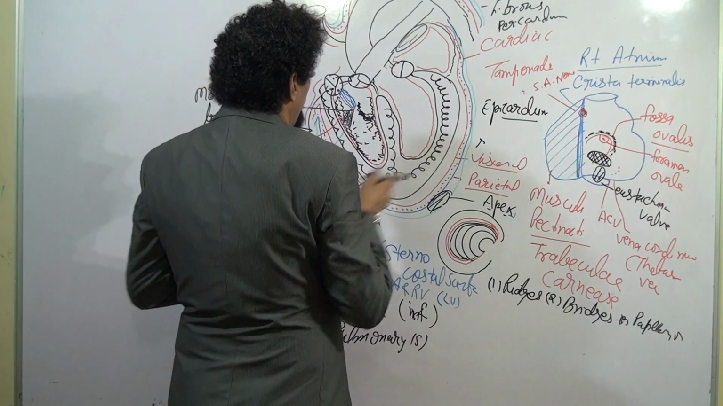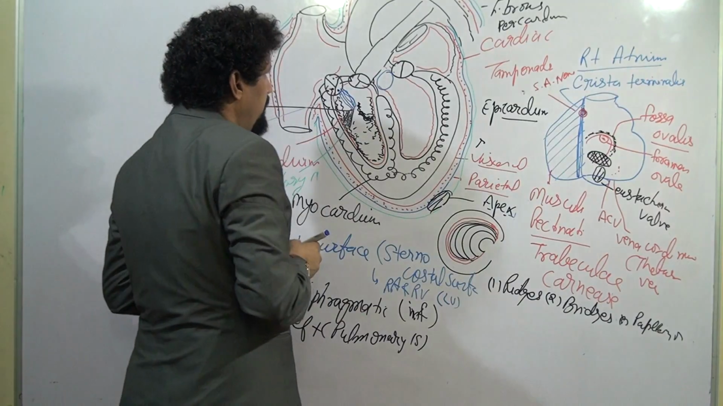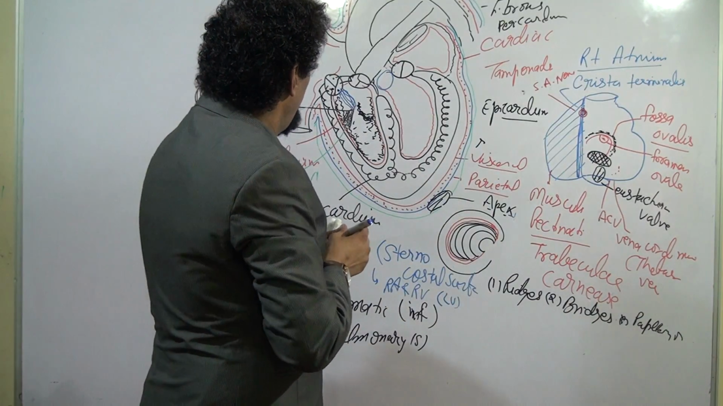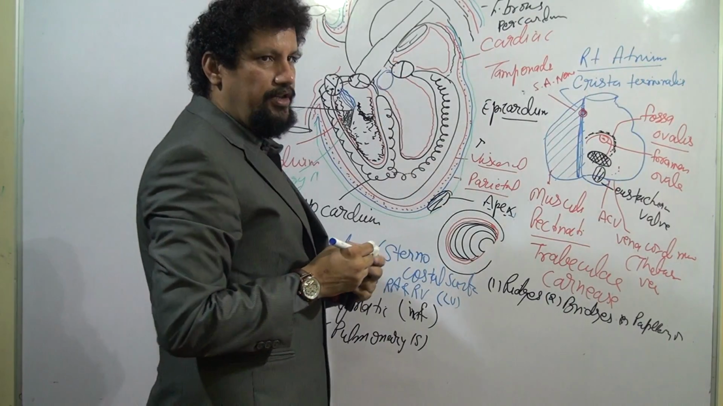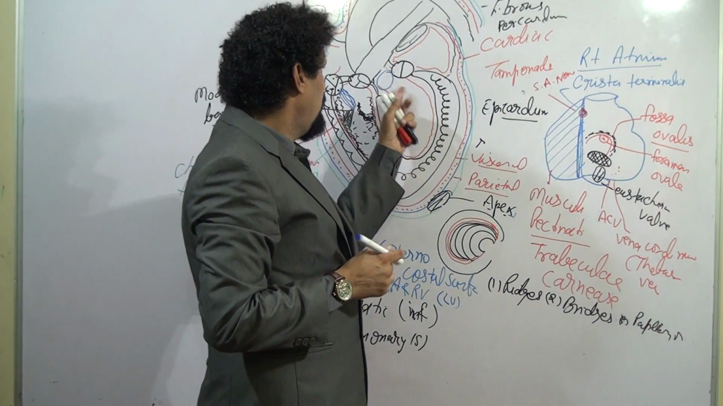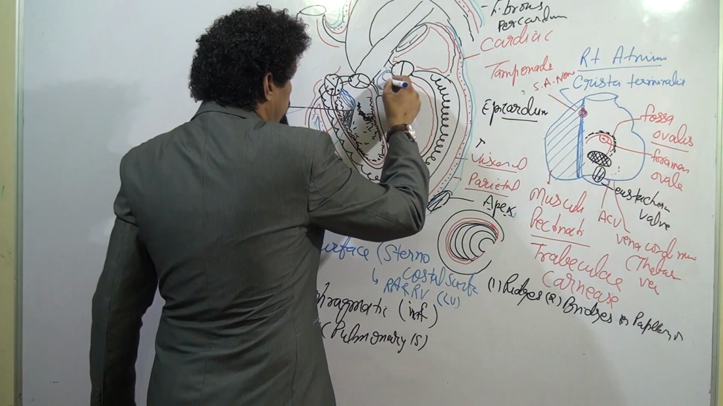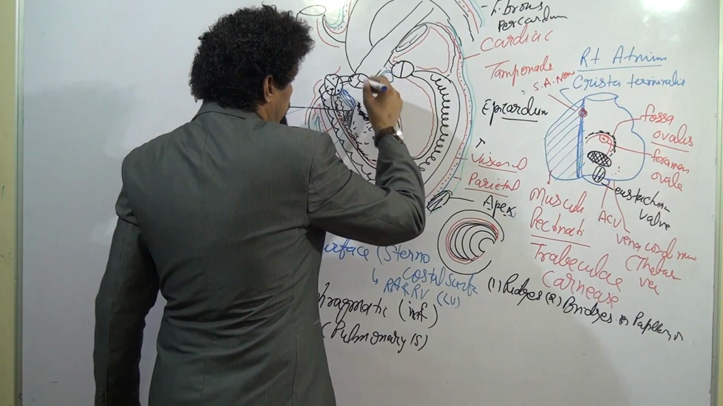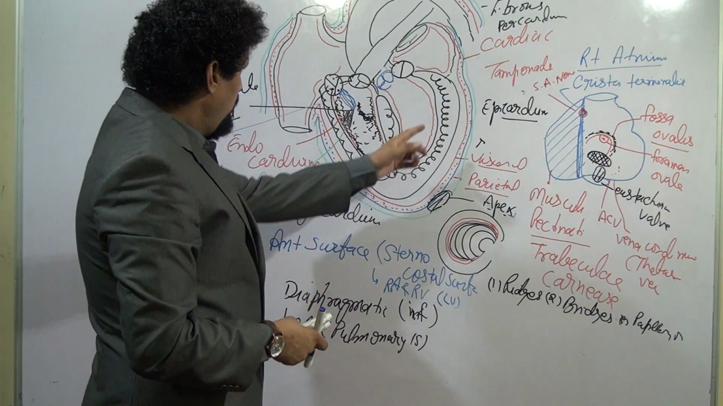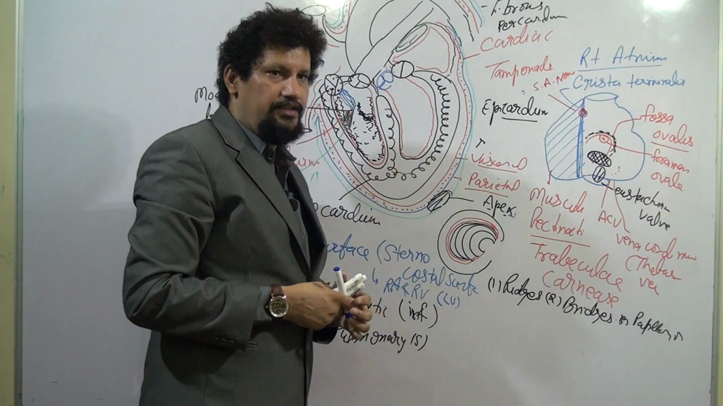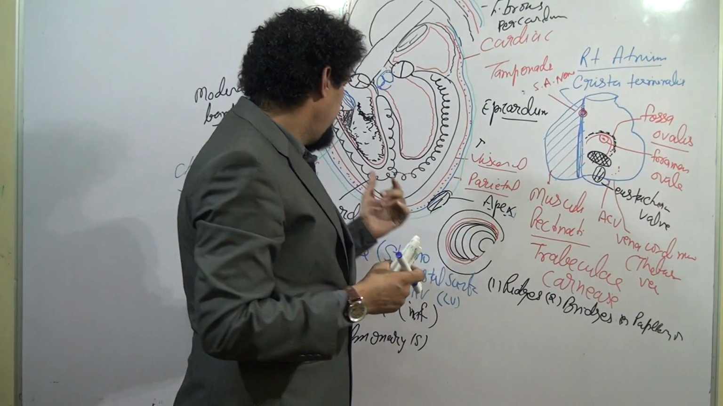and this is the opening of the left atrioventricular opening having the bicuspid or mitral valve, and this is the valve of the aorta, that is the semilunar valve having three cusps. The walls of the left ventricle are 3 times thicker than the walls of the